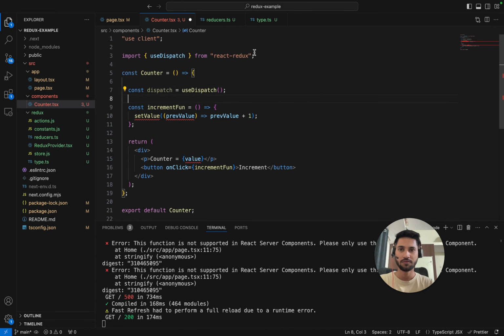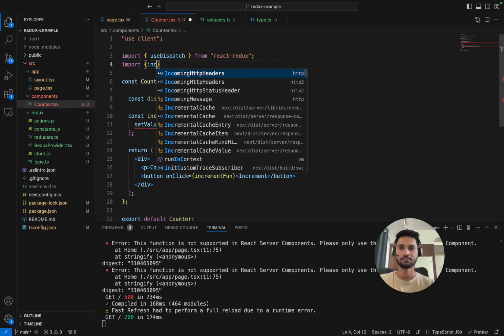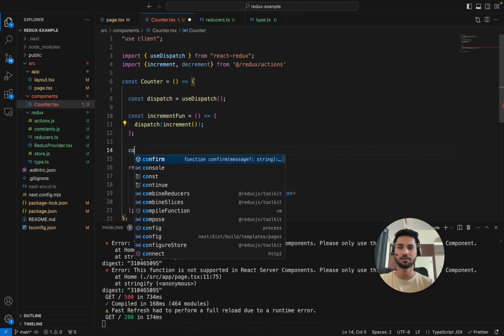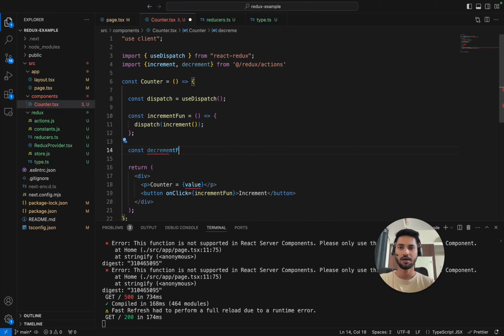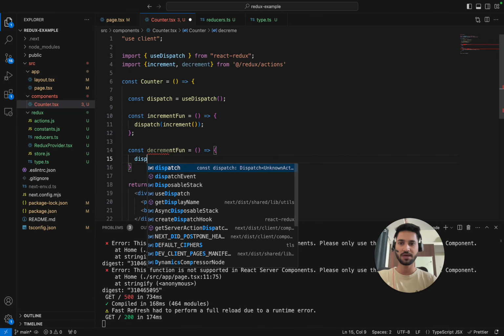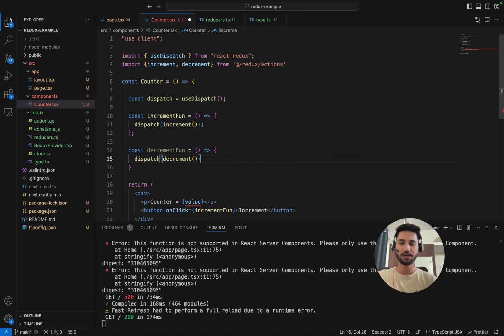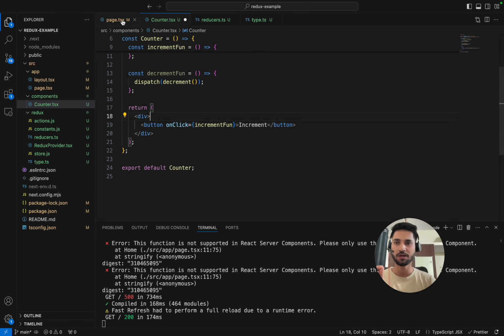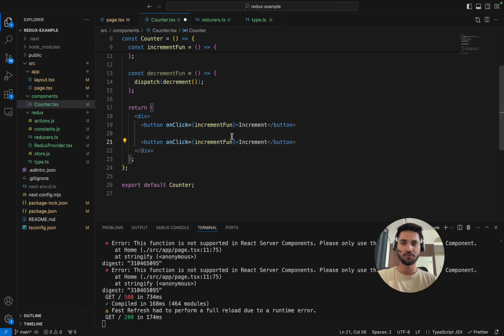and we'll also import our increment and decrement functions from actions like that, and we'll just do dispatch and increment, and we'll create a similar one for decrement, and we'll dispatch the same and we'll decrement, yeah, like that. So we have got the two functions. Now I'll remove the value because value is already visible on our home page. Now I'll create two buttons. One would be for the increment and one would be for the decrement function,